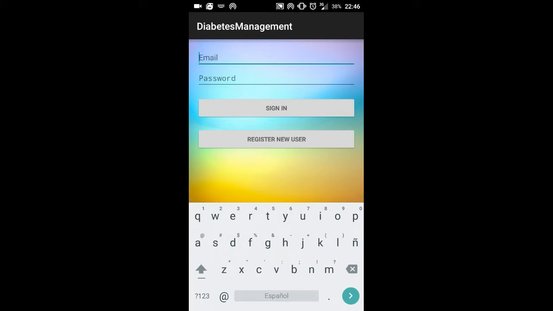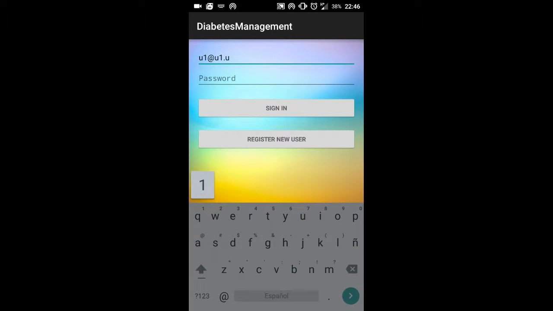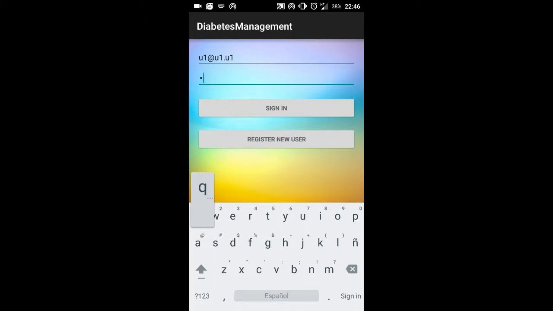The email is u1 dot u1 and the password is u1 also. So we have two options. One is sign in and register new user. First of all, we will sign in the user. I will show you all the options that we have in the application, and later we will register new users